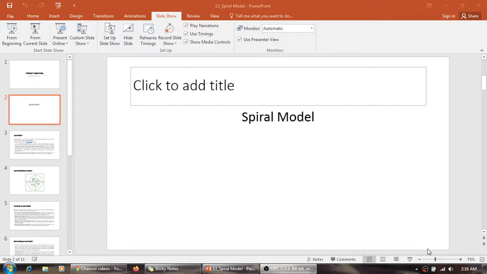Then we have done the iterative and evolutionary model, which is best suited when the requirements are unstable, right? Then we apply the iterative and evolutionary approach. Now the fourth category is the spiral model, and this spiral model is specifically meant for risk associated projects. So when do we use a spiral model? When we have risk prone projects, only then we use the spiral model, else we never use this model.